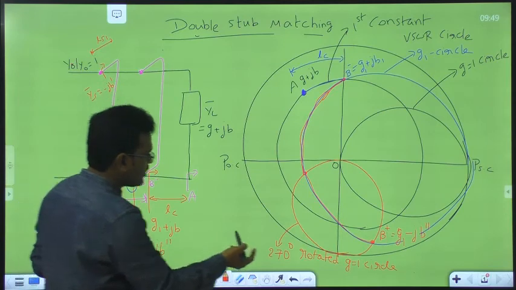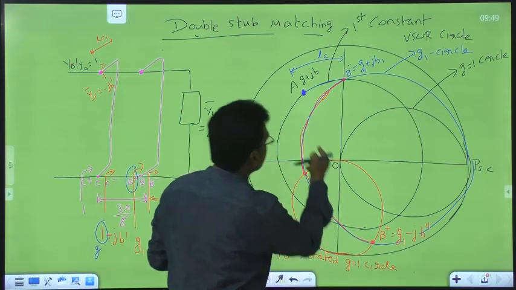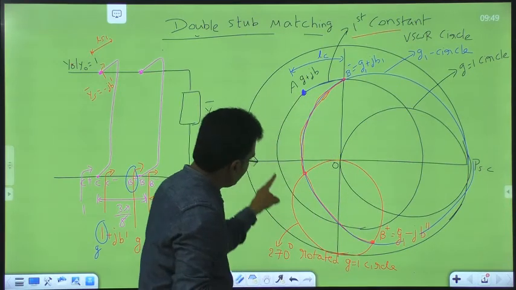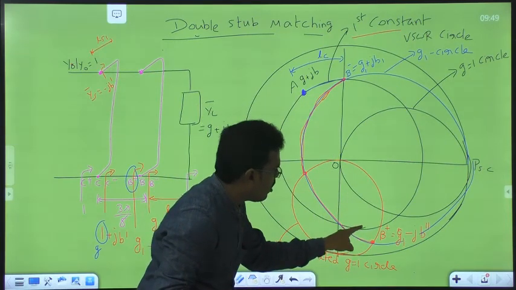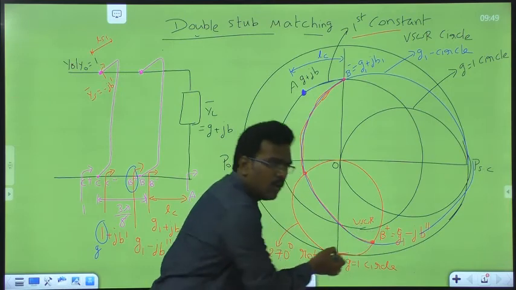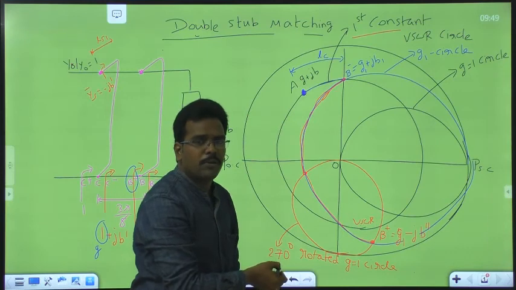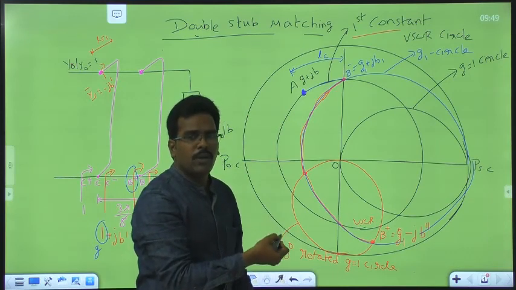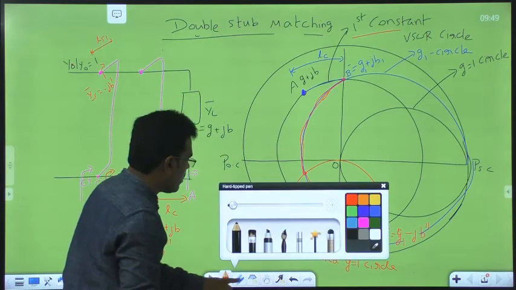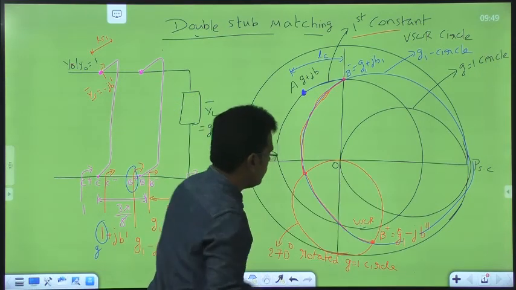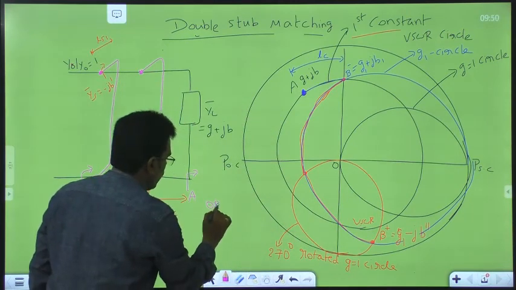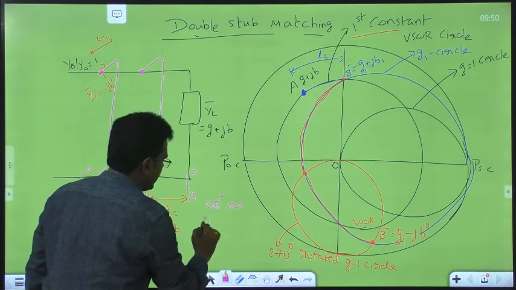Because this point is outside this constant VSWR circle. See, this point is not on the constant VSWR circle. So what do we have to do? We have to draw another circle, because moving on a line is the same as moving on a constant VSWR circle. So for that reason, with OB plus as radius,